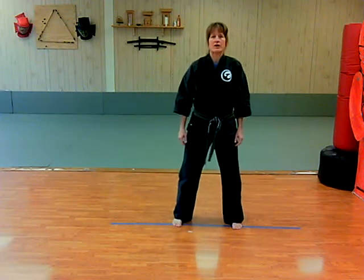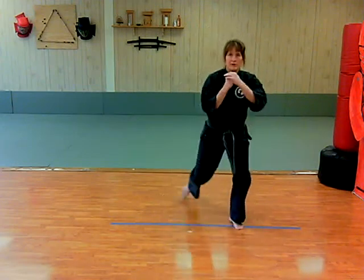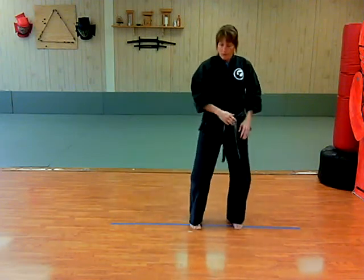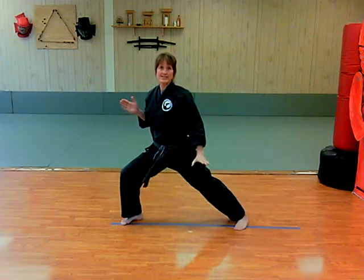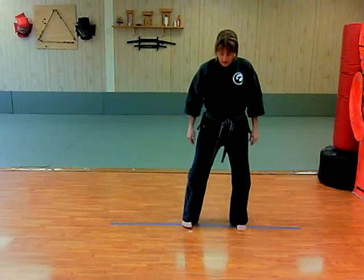So this sideways motion is really important as well. We need to be able to move forward, yes. We need to be able to move back, yes. But we also have to be able to get out of the way by going sideways, okay? So when we go sideways into our front stance, this is an offline